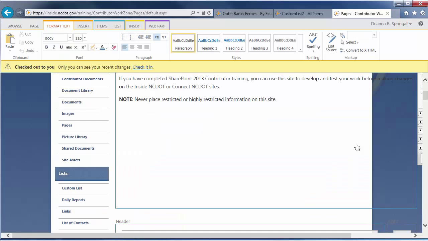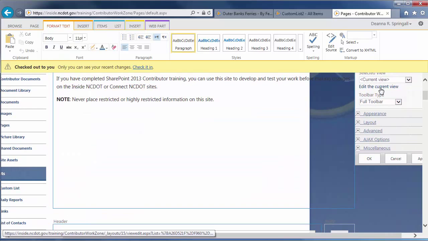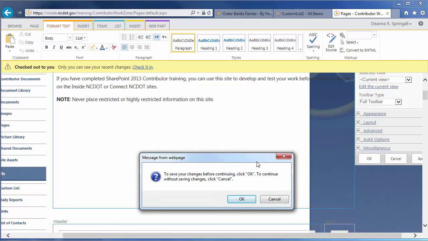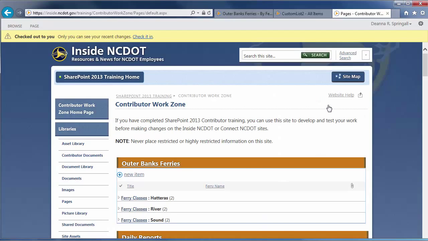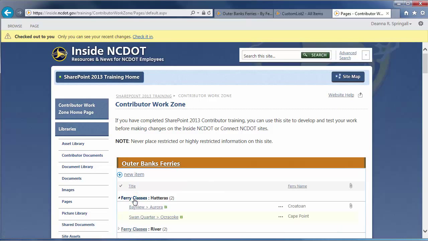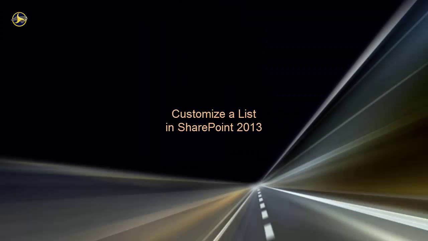Open the List View web part again. This time, click Edit the Current View and OK. Now you can remove the Ferry Classes column from the display. Save your changes and you'll see that the column is no longer in the view, but the view is still grouped by Ferry Class. In this video, you've seen how to create a custom list and how to use settings, columns, and views to